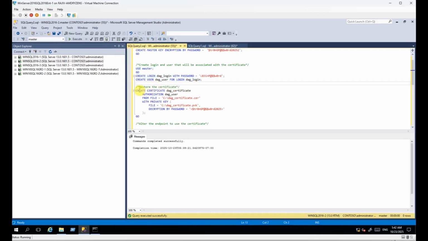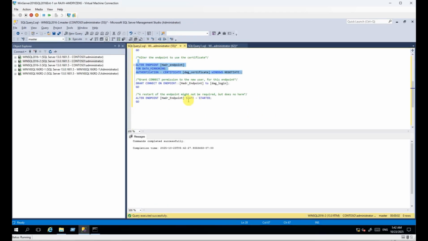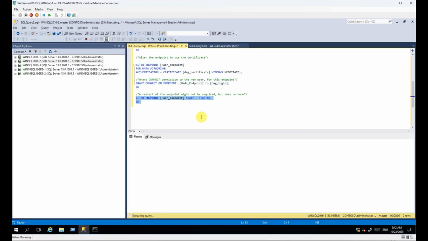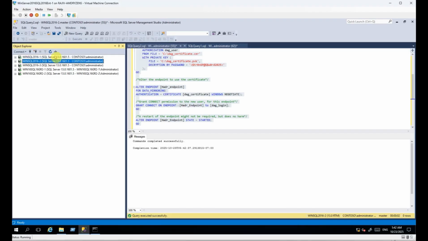Now we are going to restore the certificate. So this is the location where we pasted the certificate. So let's go ahead and restore it. Yeah, the certificate is created successfully. Now we are going to alter the endpoint, and it's running. And then we are going to grant connect on endpoint to the DAG login and then restart the endpoint. So now the certificate and login is distributed or copied to the 2 server, and